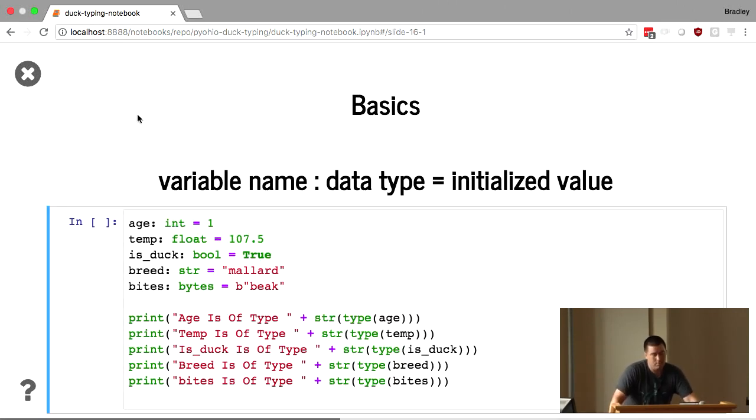So here are the most basic examples of, without doing any imports, you can define integers, floats, bools, strings, and bytes right in your code. And obviously they're respected, so if we run this,